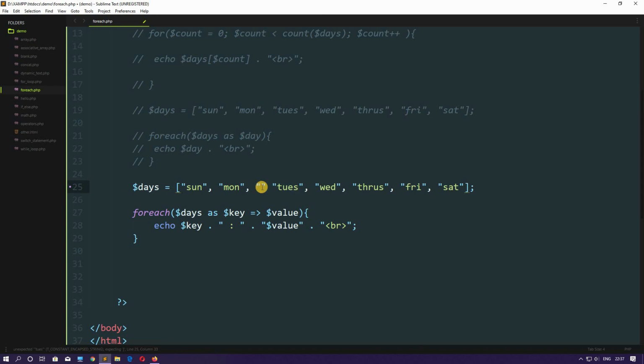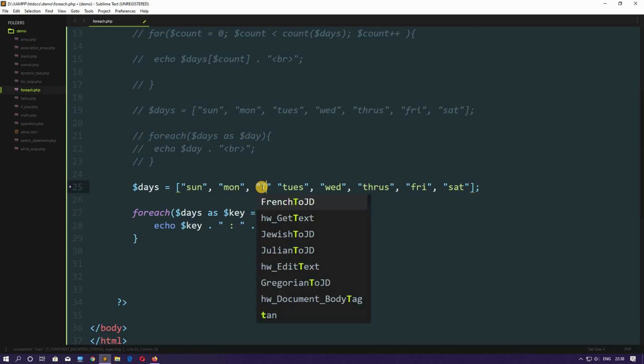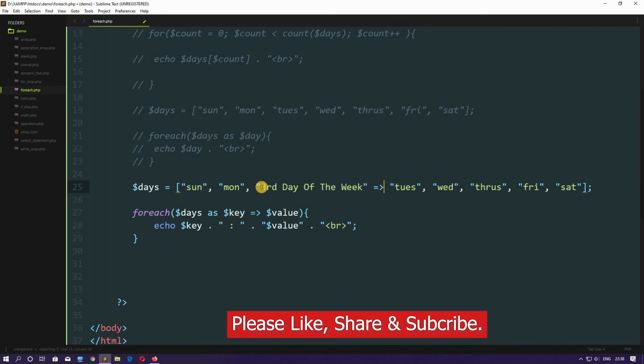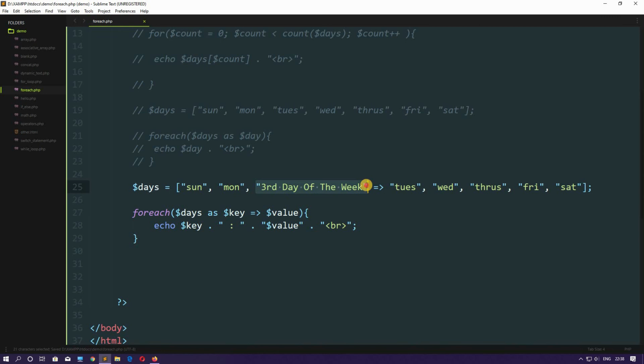So I will put it as the third day of the week, and here let's do like this. So what I'm doing here, I am giving the index explicitly. Now let's just save this and come here and hit refresh.